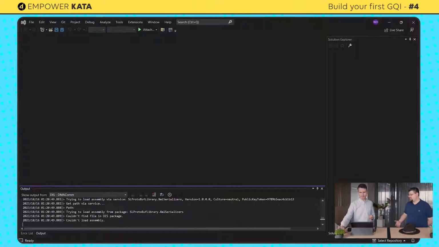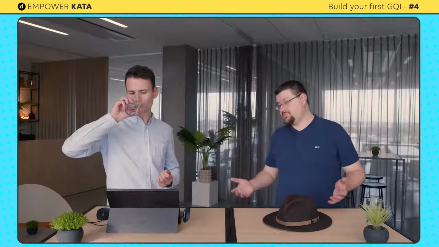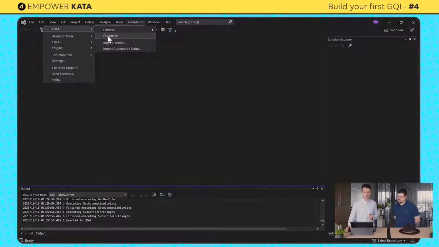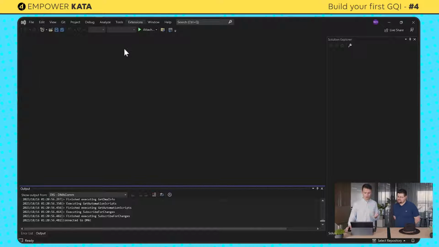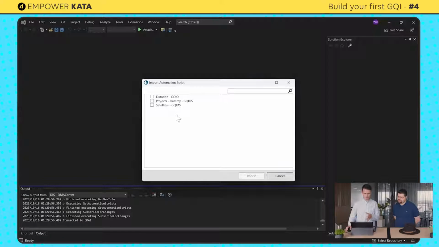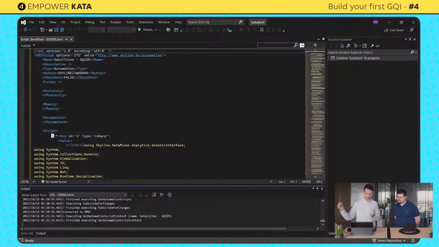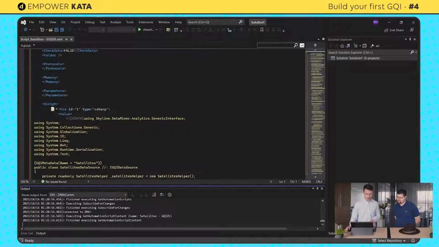The meaning behind them is to be relatively simple automation scripts, so they don't really have too many assemblies on them, which means you can just import them from your agent, especially in this case. Yes, exactly. So I will just go for import automation scripts, and normally you will find the satellite GQI DMS in here as well. Yes. So I'll just click import, and you will find it is correctly pulling in that automation script.